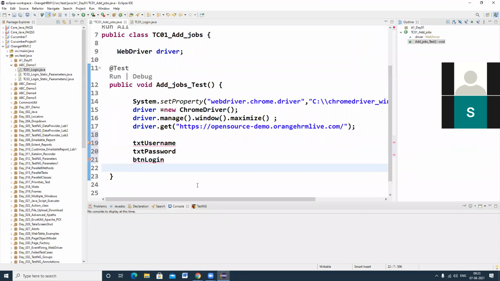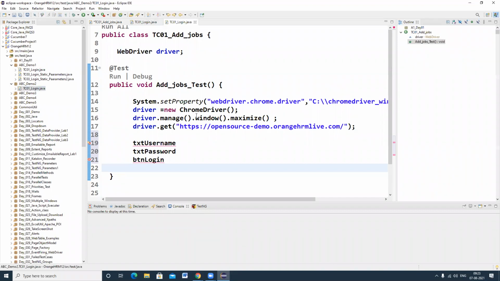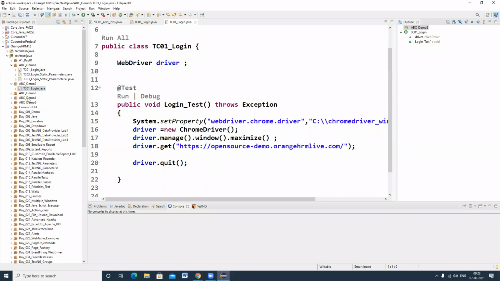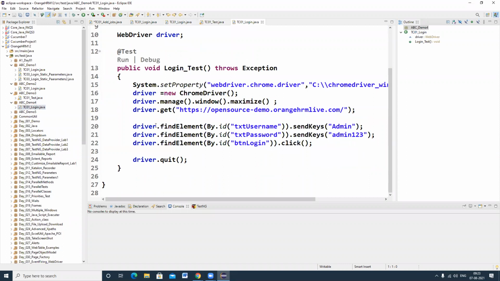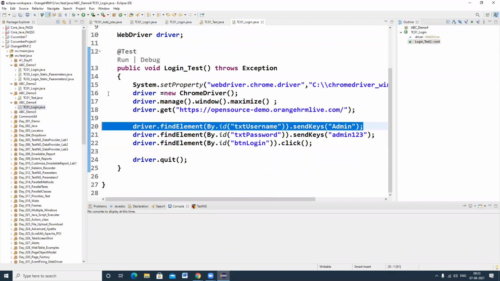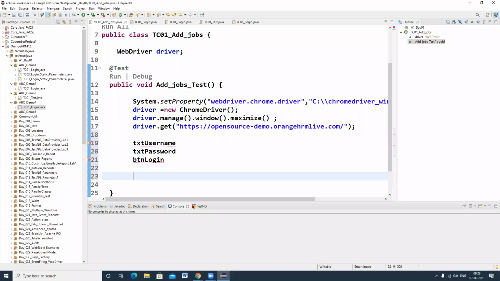So I have to write 3 lines of code. Let me copy my set of driver instructions from any other program. For reference, I'm taking this one line of code, Control C, and going back to my program here. So I'm copying 3 lines of code.